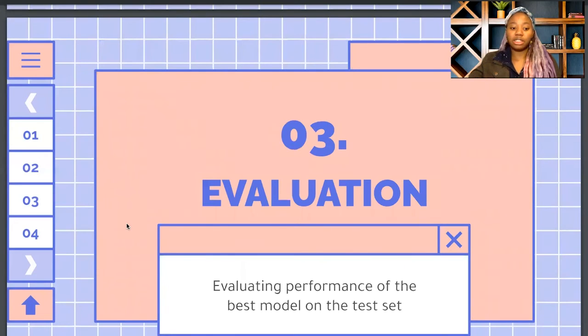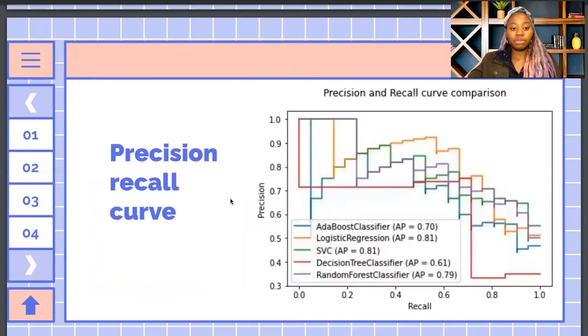So after that, the AdaBoost classifier was still my top contender, so that is what I chose as my final model. Now I predict my test set values using the AdaBoost classifier, and I'm going to compare how it does against the actual labels, compared to the other models. For this one, I did a precision recall curve, and you can see that our final model, the AdaBoost